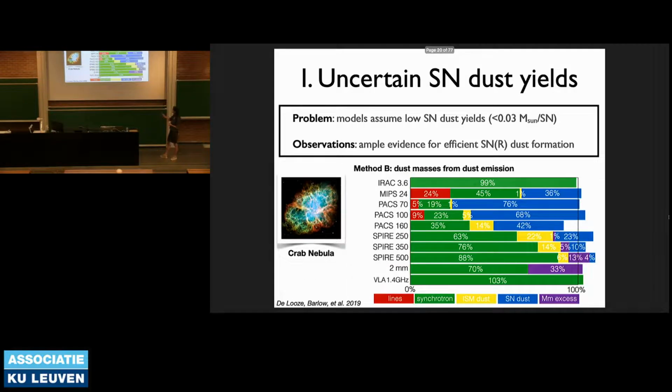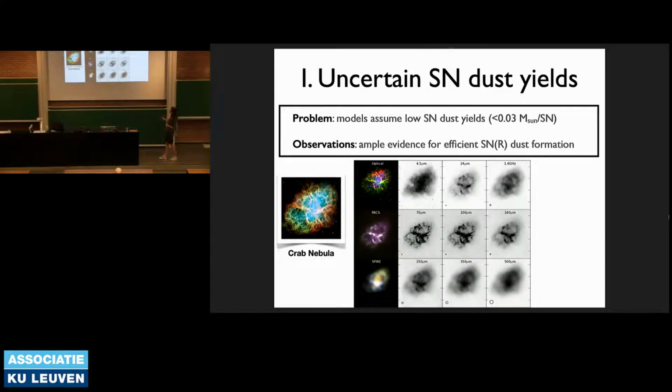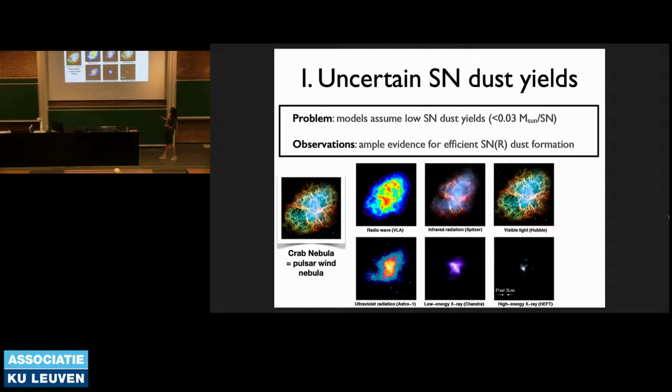So if we, let me quickly jump to this figure, make a similar figure, which is done based on our spectral energy distribution modeling, we can clearly tell, again in blue, the same color coding, that supernova dust emission peaks or dominates in the PACS wave bands. But now if you go to longer wavelengths, you get contamination, this time not by interstellar dust emission but by synchrotron emission. You can also tell by just looking at the Herschel data. The PACS data are clearly dominated by the supernova remnant itself, but if you move to longer wavelengths, for instance focus here on 500 micron, then it really resembles the emission that you observe at radio wavelengths.